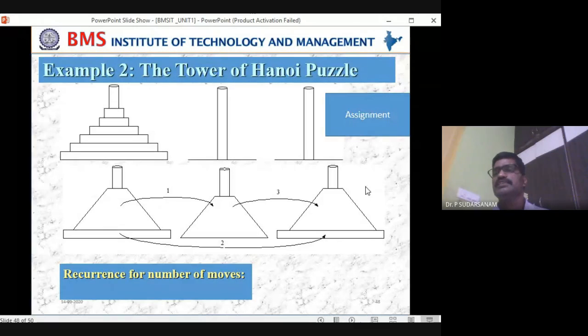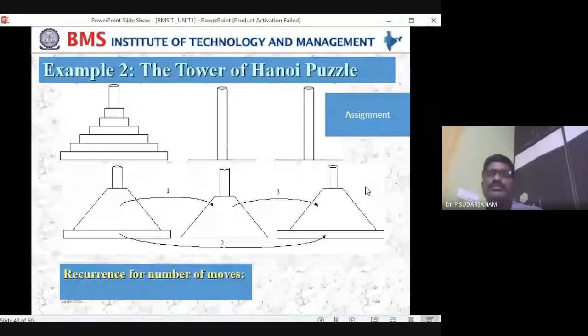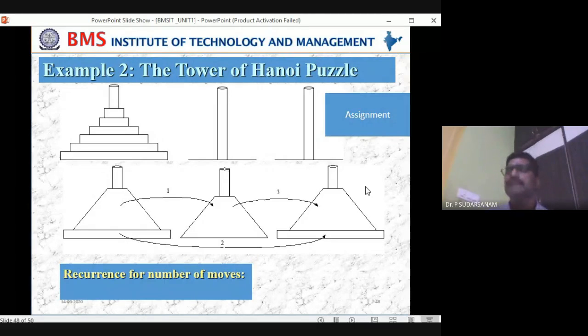Sometimes the disk is moved from source to temporary, sometimes temporary to destination, sometimes destination again to source or temporary, whatever it may be, you will be getting the messages. So like this you will be moving 8 times. Did you have this lab program also? Yes, sir. You had this lab program and you have executed it. You know the rules and regulations, how to do the Tower of Hanoi problem.